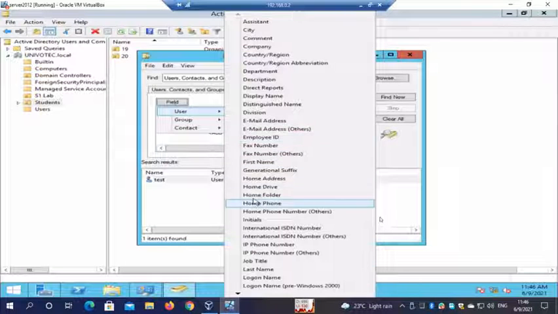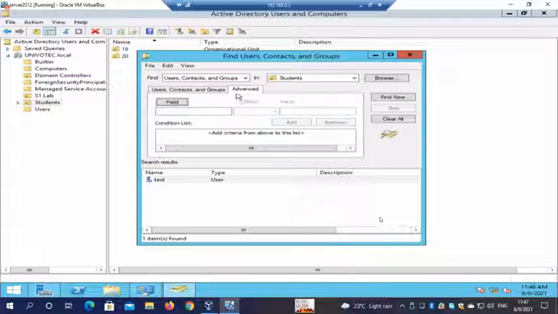Okay, so you can actually search from these other details also. Do an advanced search, right? If the user does not know his username, or has forgotten his username, maybe you can search from the first name or address or like that. That is also possible. You have to go to the advanced search.